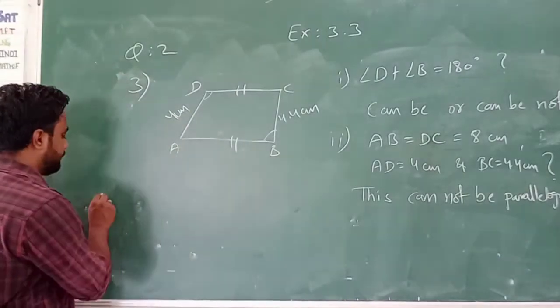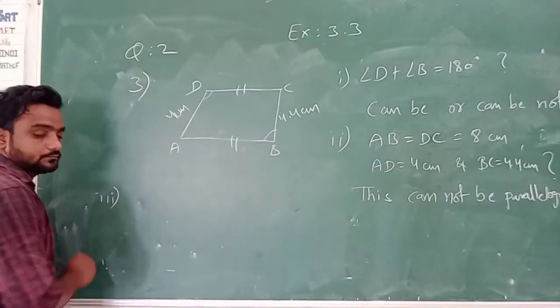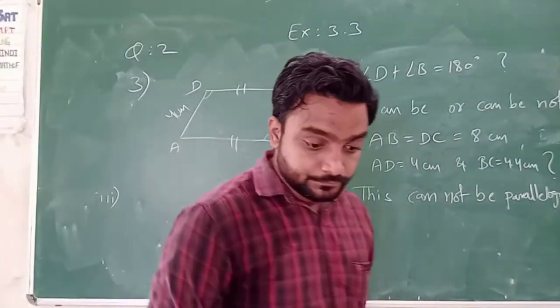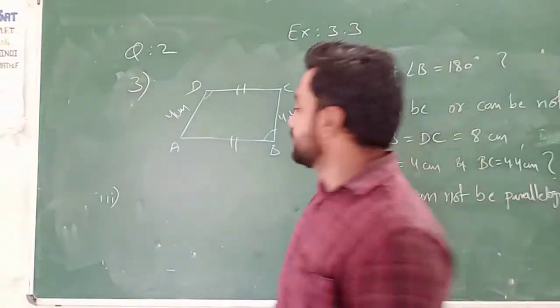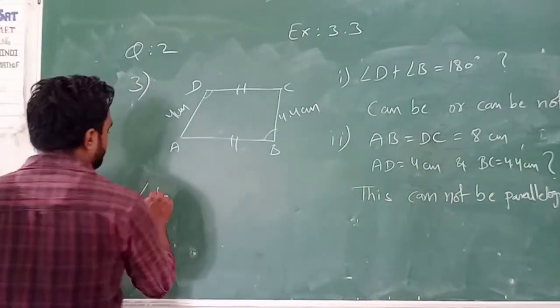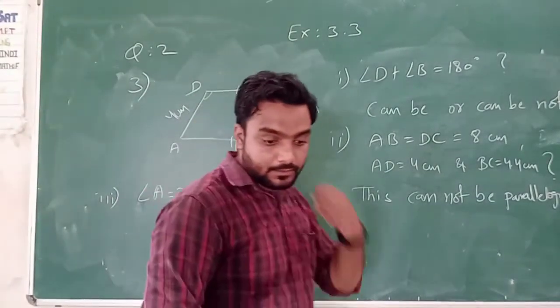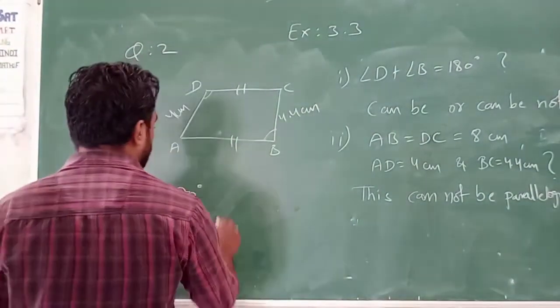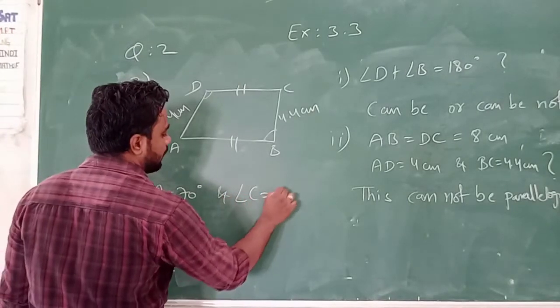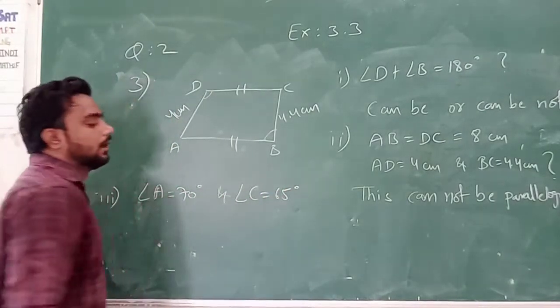Now the third one, what it is given to you? Angle A is equal to 70 degree. Okay, and angle C 65 degree. अब देखो यहाँ एंगल की